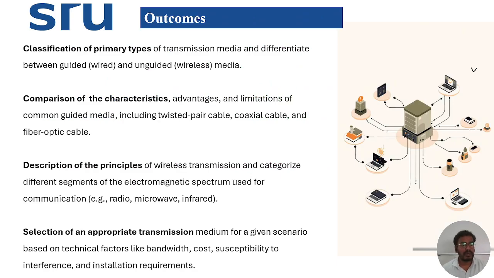Coming to the outcomes, we have discussed the classification of primary types of transmission media and the differences between guided, or wired, and unguided, or wireless, media. We compared the characteristics, advantages, and limitations of common guided media, including twisted pair cables, coaxial cable, and fiber optic cables, and described the principles of wireless transmission, categorizing the different segments of the electromagnetic spectrum used for communications: radio, microwaves, and infrared. We also covered selecting an appropriate transmission medium for a given scenario based on technical factors like bandwidth, cost, susceptibility to interference,